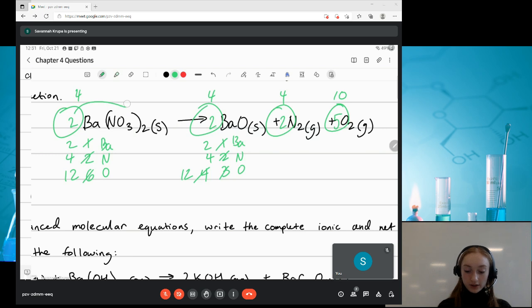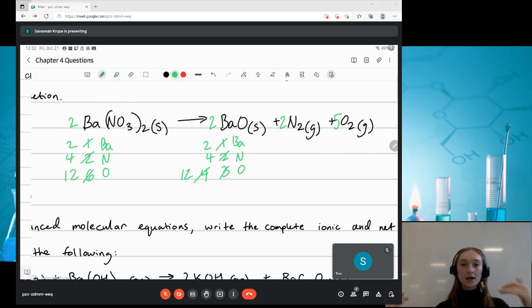But we know that we did this correctly because we have the same amount of everything on the left and the right, and we have the simplest amount of coefficients because we have 2, 2, 2, and 5, and we can't divide by a whole number to get it simplified down even farther in a whole number. Okay, let's move on